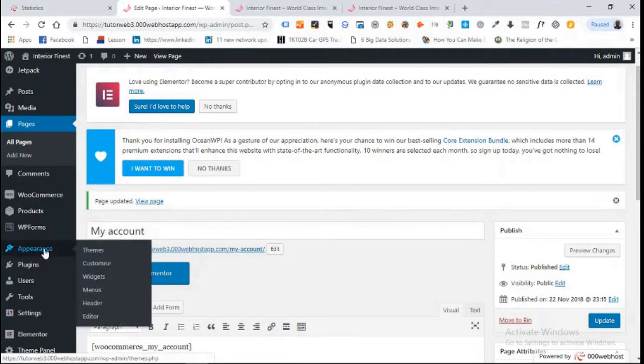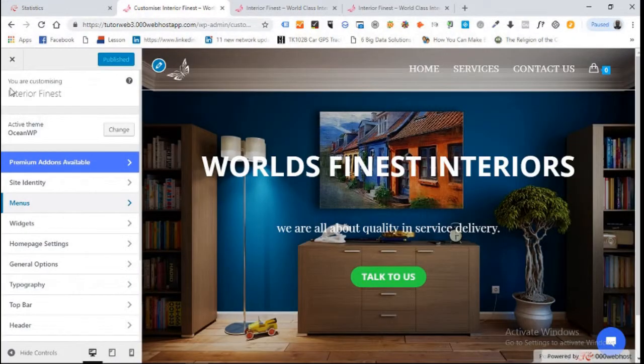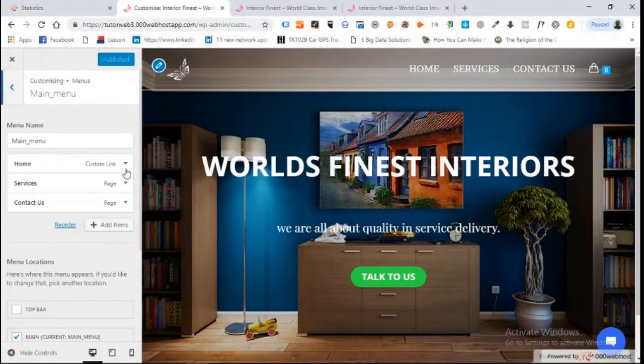So what we are going to do here is that we are going to go to our appearance. We click on customize. Now I'm taking this step that I said so that you won't miss any step in the course of this video. So once we click on customize, we come to our menu, and when we come to our menu, we click our main menu,